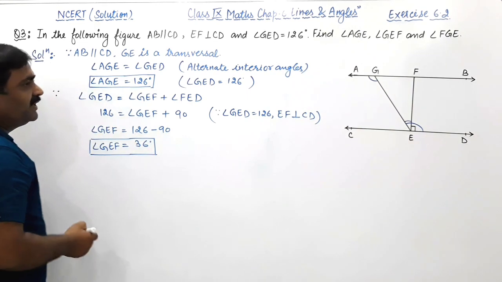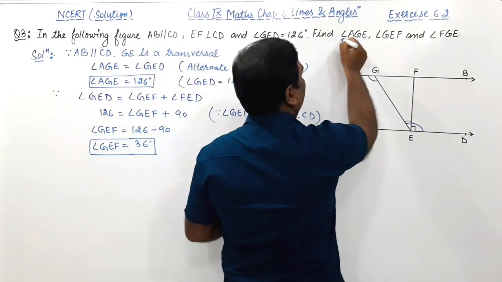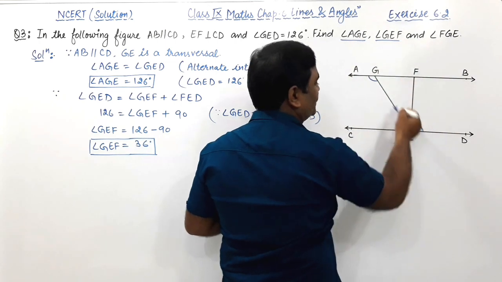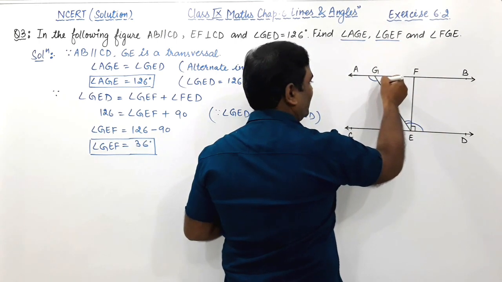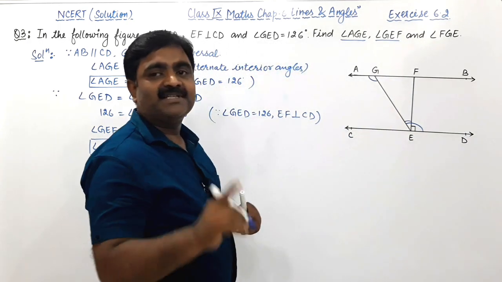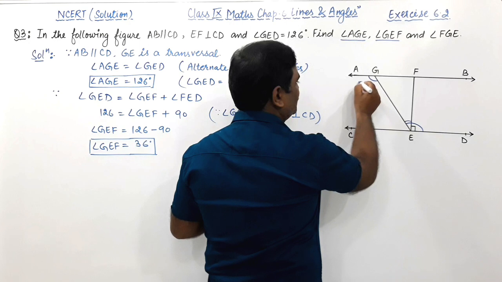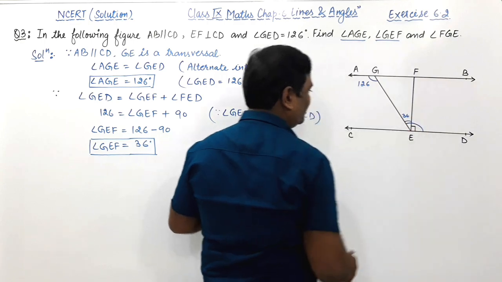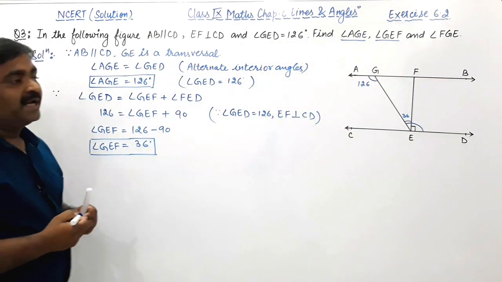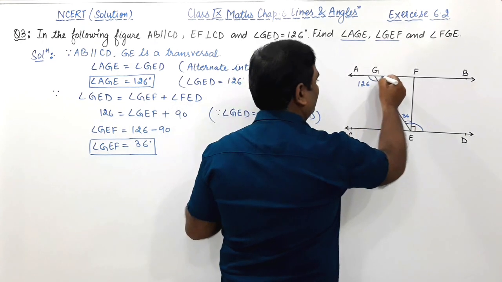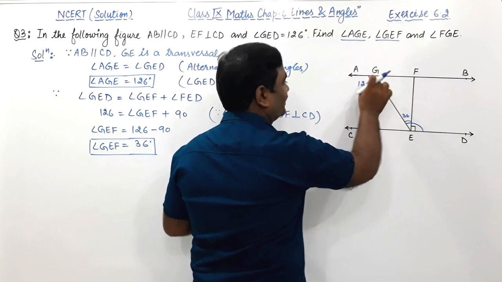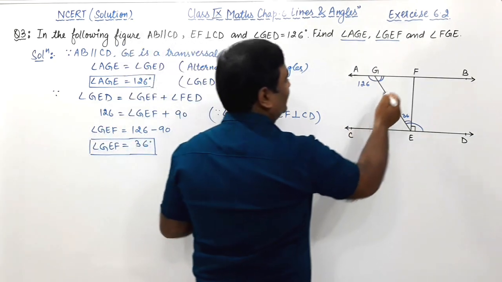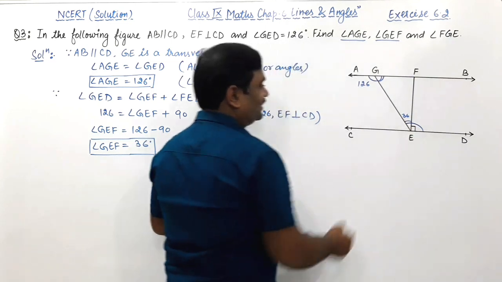Now we are going to find out the third angle also. We have taken this angle and this angle. Now FGE, this angle it is asking. Measure angle FGE. Right? So as students you got this angle 126, and the measure of this angle we found is 36. Now with this angle we are going to find out FGE. You know that there is a relation between these two angles. They are a linear pair. So angle FGE plus AGE is equal to 180 degrees.